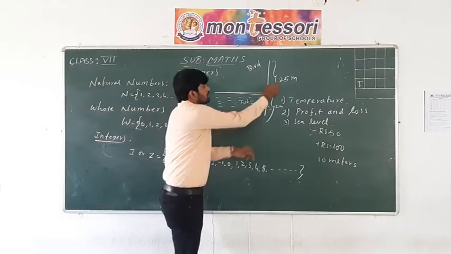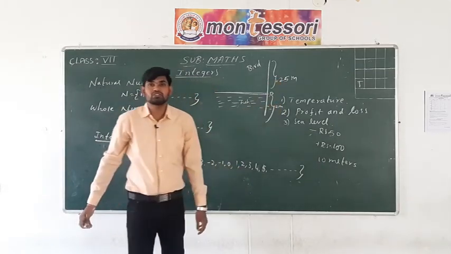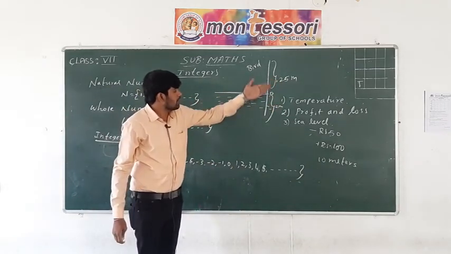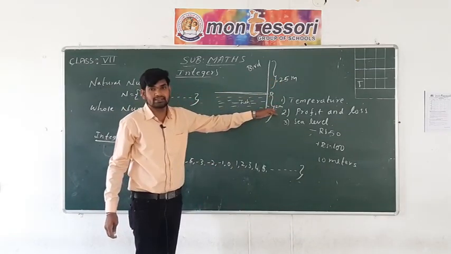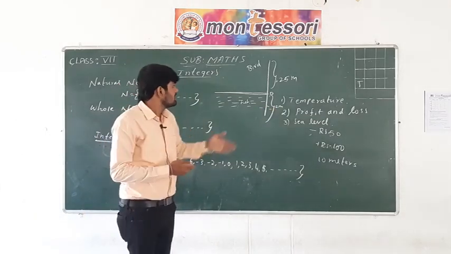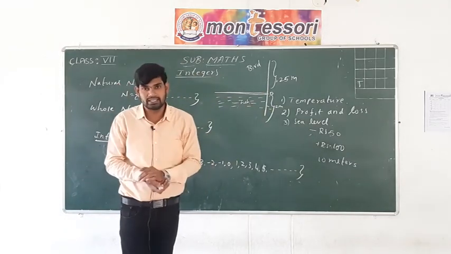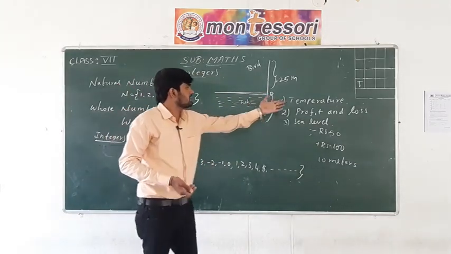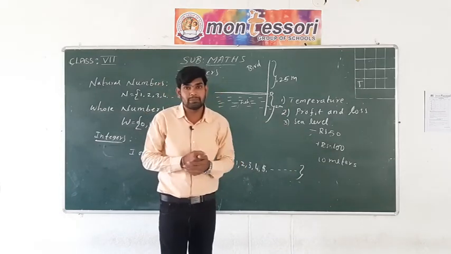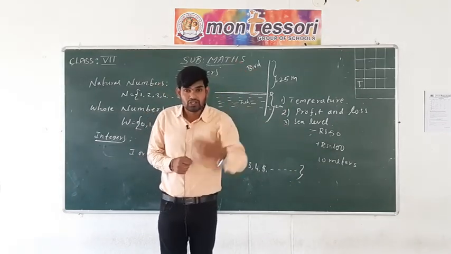But here we denote with positive and negative, where the positives and negatives are used. Above the sea level with a positive sign and below the sea with a negative sign. So here the negative signs are used to denote the depth and the positives are used to say about the height. Here the temperature, if I take the example of a thermometer, which is an instrument to measure the temperature, that is positive and negative.